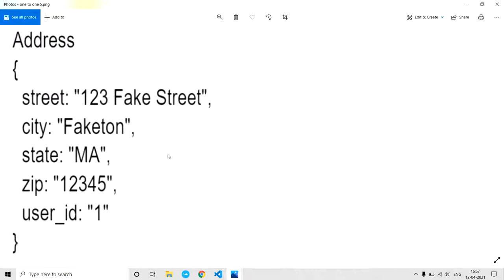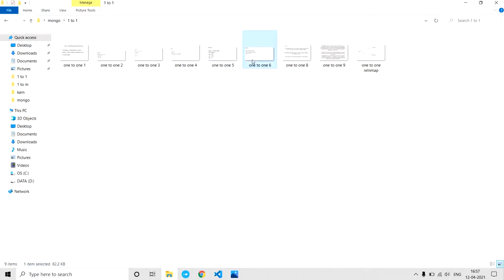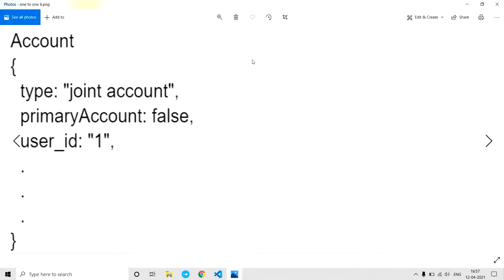As you see at the end, we are storing the user id, meaning this address belongs to this user. We will also store account similar to address. Here we also store the user id along with the account details, which basically says this account belongs to this particular user.